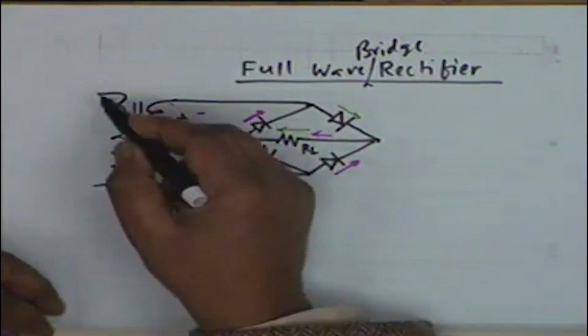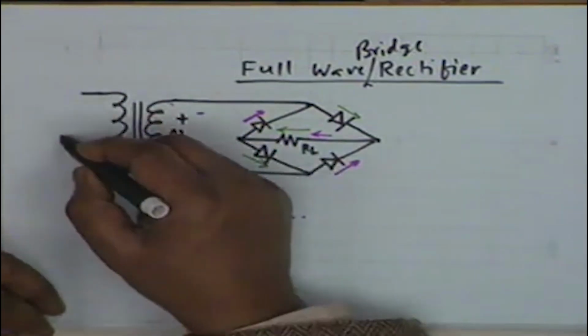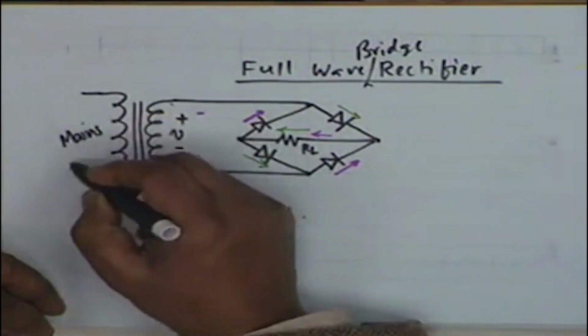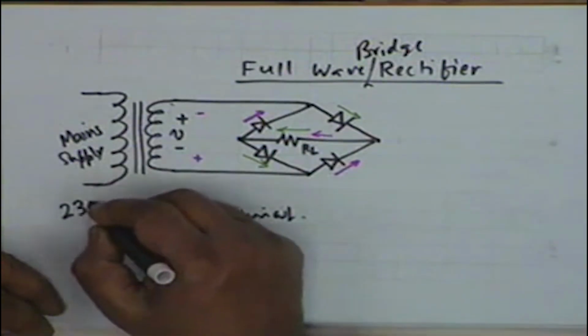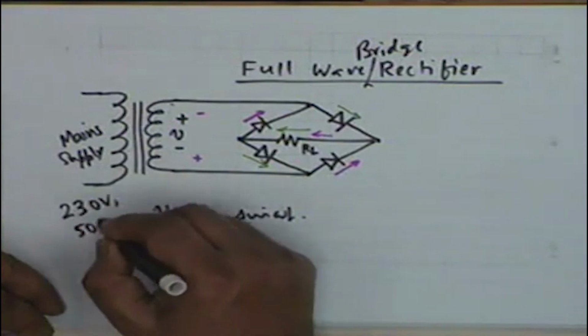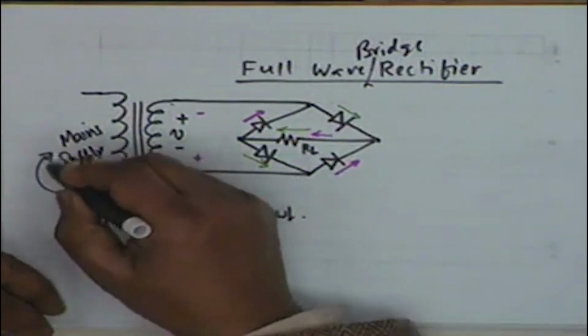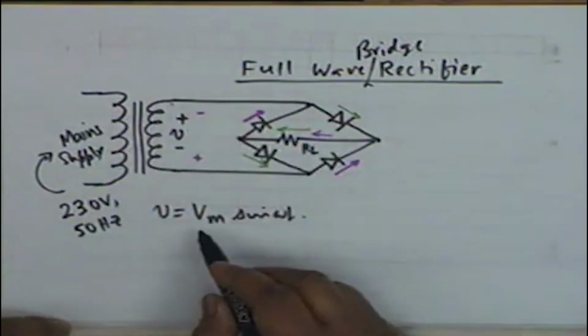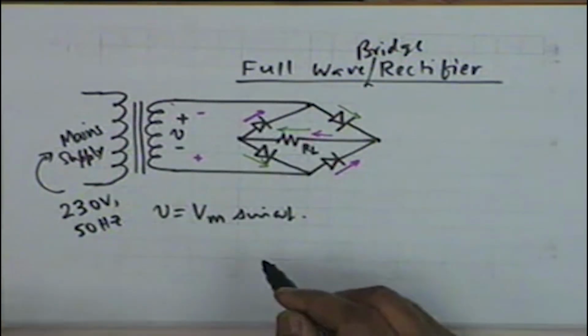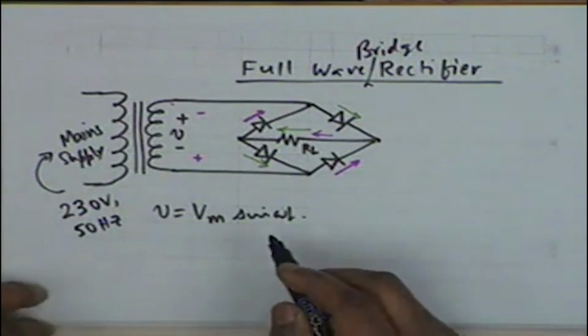I have shown this as a step down. This is the main supply, that is 230 volt and 50 hertz. All right. This is transformed into V, which is Vm sin omega t, and in both halves the current flows